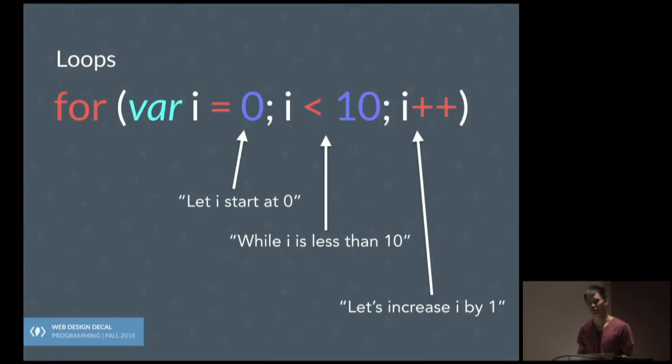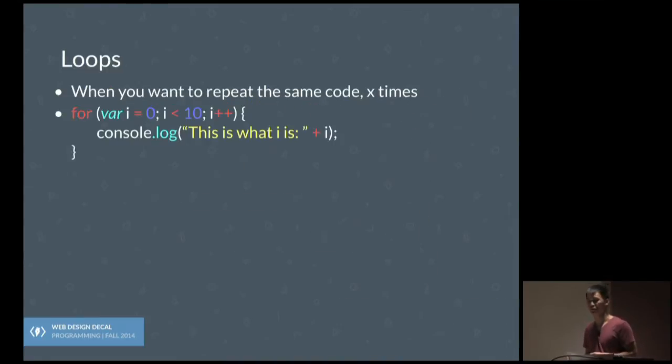Right? So it'll be basically everything like 0 through 9, and then when it hits 10, 10 is not less than 10. And when 10 is not less than 10, it's not going to do that loop anymore. It's going to stop executing that code and move on to what's after that for loop. So in this case, it's going to execute that console.log 10 times, and then when the value of i is 10, which is not less than 10, then that's false. And so when that's false, it stops executing this and just moves on to whatever code is below the for loop.